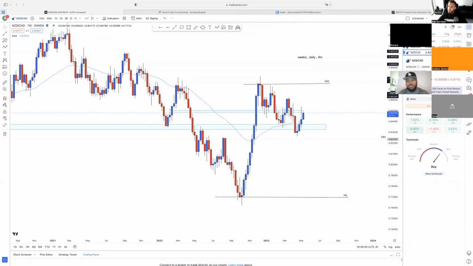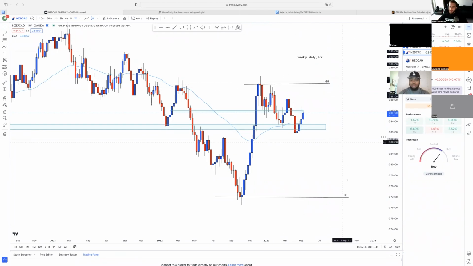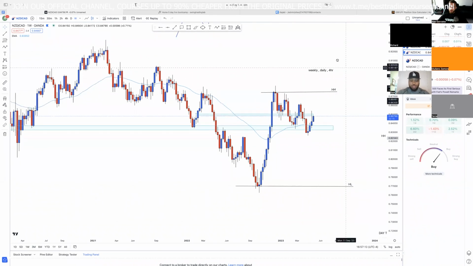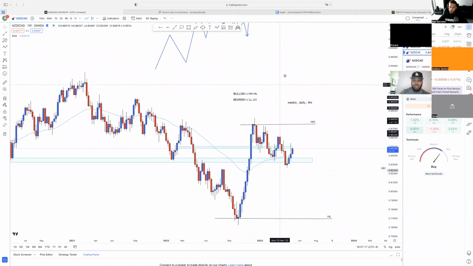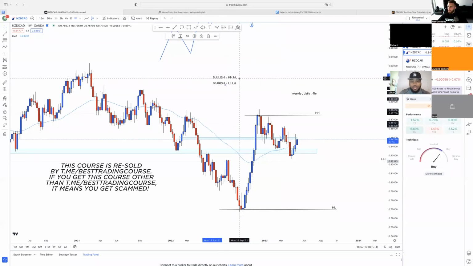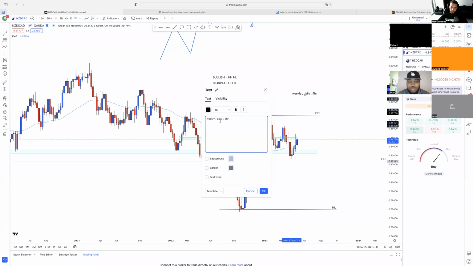I don't use the monthly anymore. If you have any questions regarding this specifically, this is your moment before we keep going on. So as of right now, if we have a higher high and a higher low, what does that mean? If we have a higher high and a higher low, that means that the weekly is